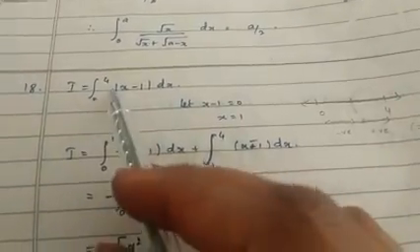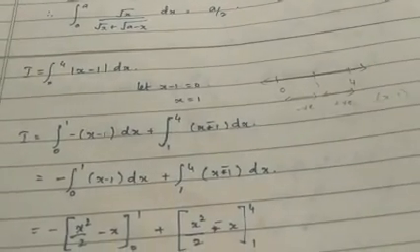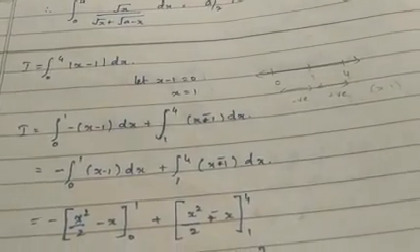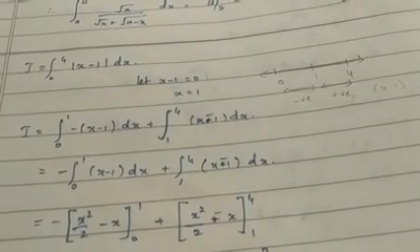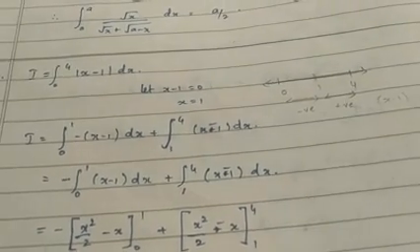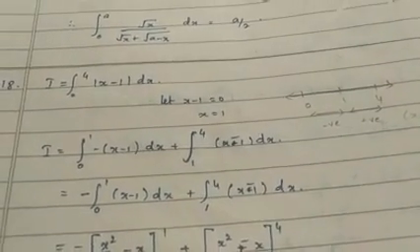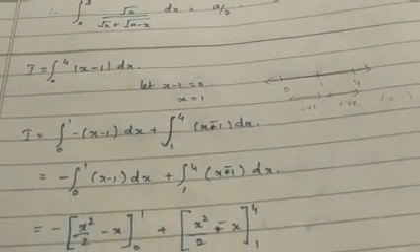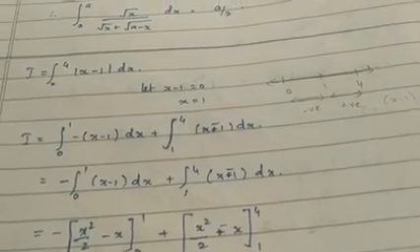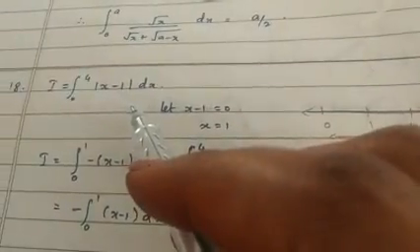18th one. I equal to integral 0 to 4 modulus of x minus 1 into dx. Whenever there is a modulus, you need to take the term inside the modulus, equate it to 0 and find out the integral limits. When you equate to 0 you will get 1. Therefore the limit is divided into 0 to 1 and 1 to 4. Check in which interval it is positive or negative by substituting a value. There is a simple trick for finding the value directly, but you should not use it; use it only to check your answer.